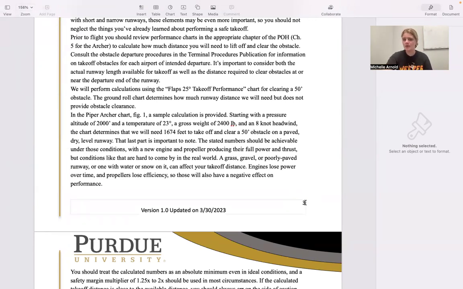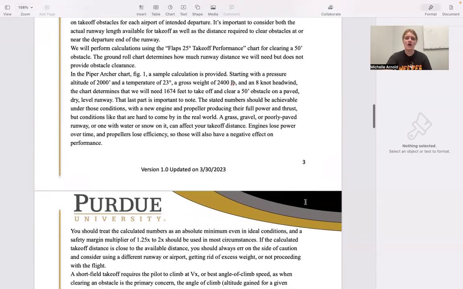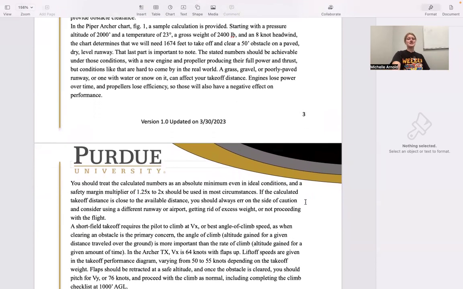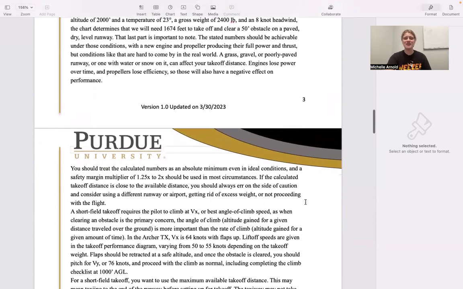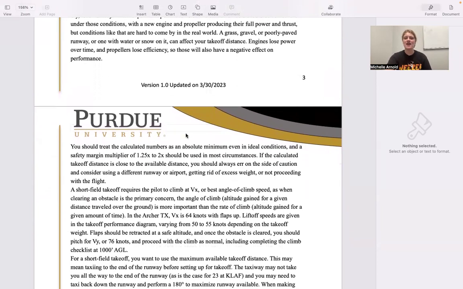And it's also important to keep in mind that if you are a private student, you won't do this procedure perfectly, so you'll also need more of a takeoff roll. So you should treat these calculated numbers as an absolute minimum, even in ideal conditions. And a safety margin of 1.25 to 2 times should be used in most circumstances. I would use at least 2 times